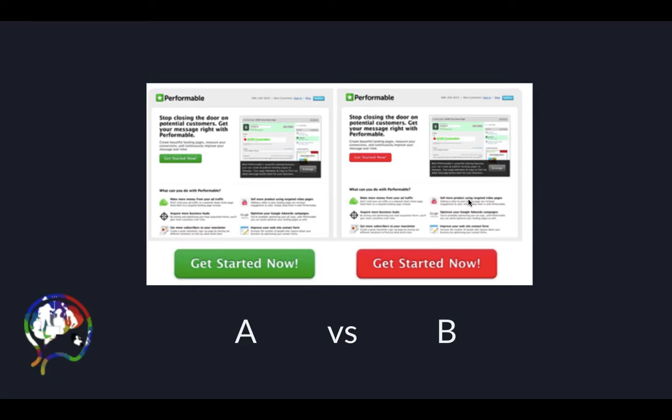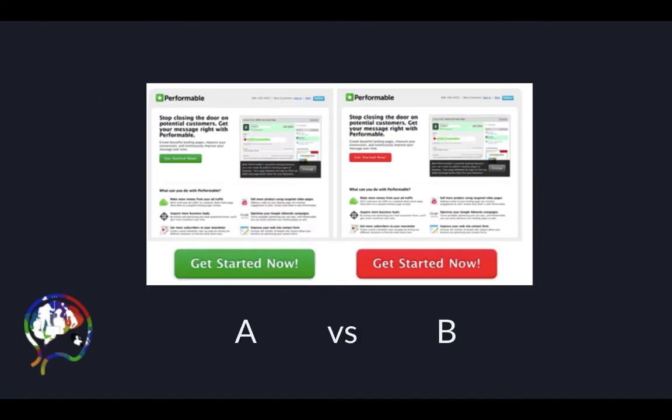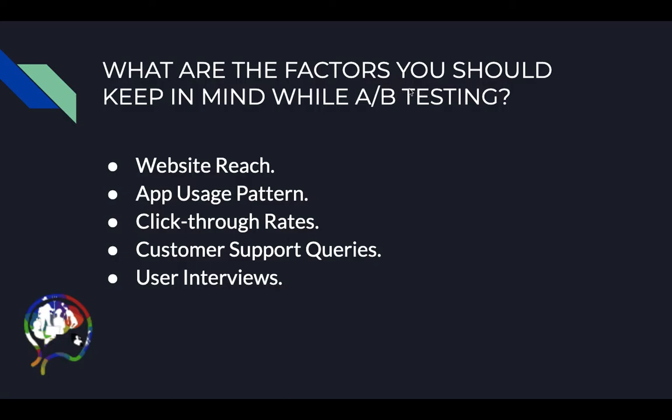Now what you will do is, the idea is you will show your web page to a group of users, and that group of users will tell you how it works, how attractive it is, and more. Basically, what I want to say is, you have to compare which web page performs better. Now, what you need to understand is how you will measure your performance. So, what are the factors you should keep in mind while A/B testing?